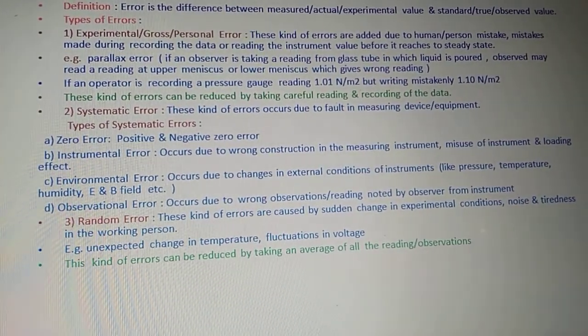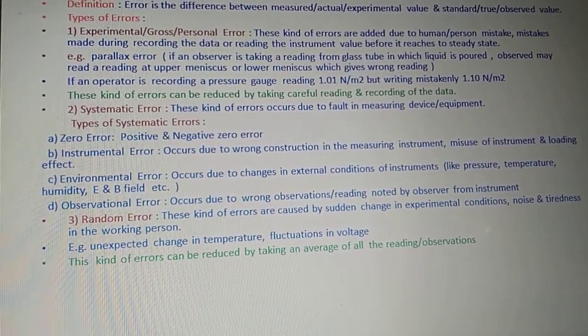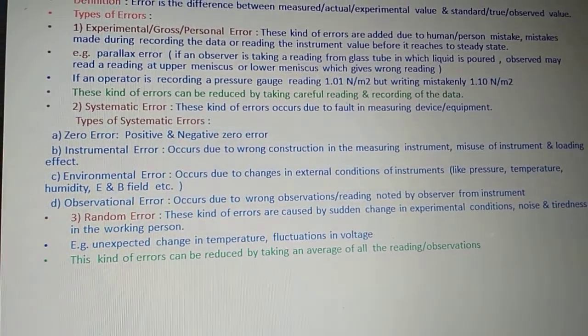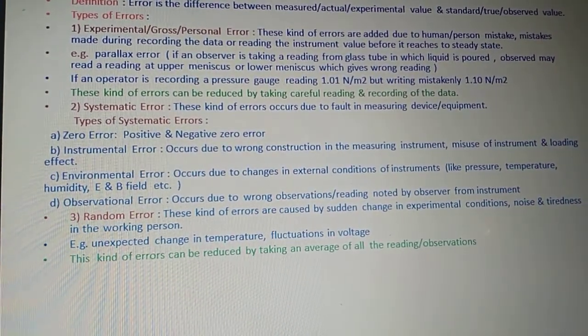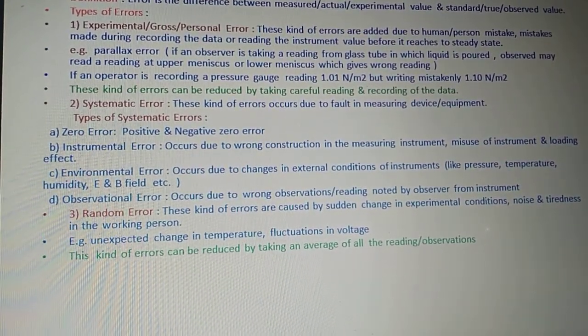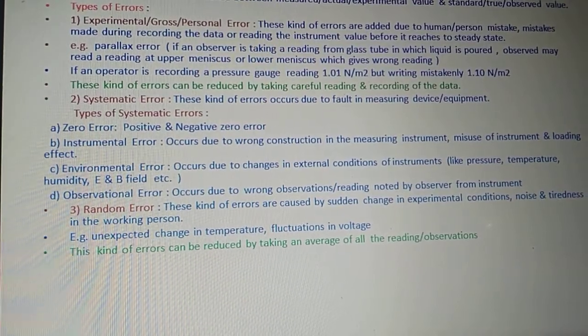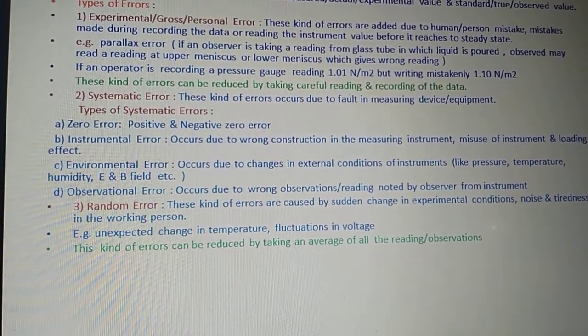Suppose the value recorded is 1.01 Newton per meter square, but by mistake that person or an observer is writing that reading as 1.10 Newton per meter square, and this error is because of that person,